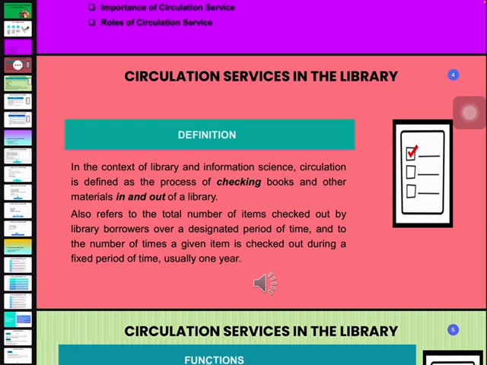Okay, basically, circulation, as you know, is the process where users can borrow the book and return the book. But when they borrow and return the book, they comply with certain conditions. For example, maybe users can check out up to 5 books per time, and then they are given 2 weeks or maybe a month to borrow that book. It depends on the library policy.